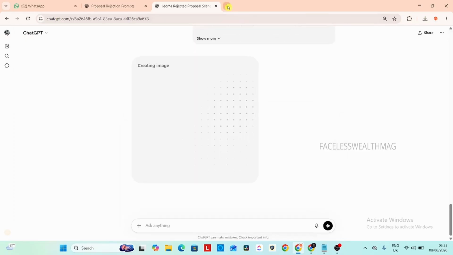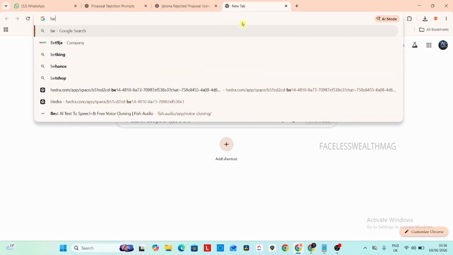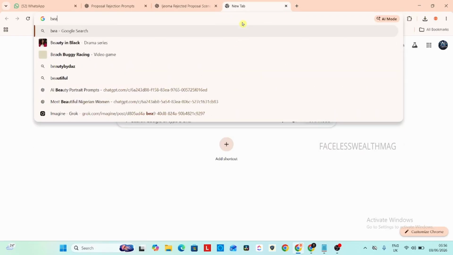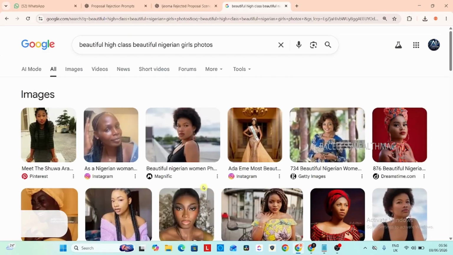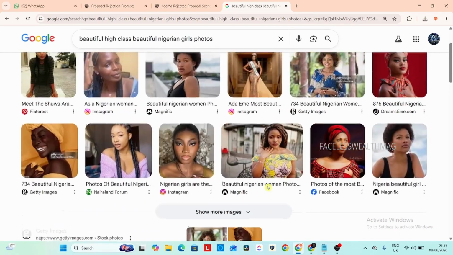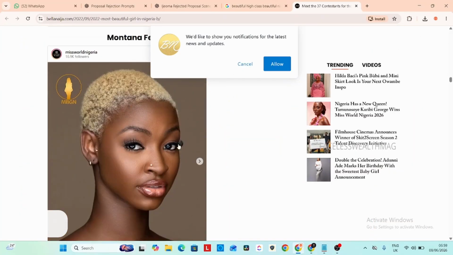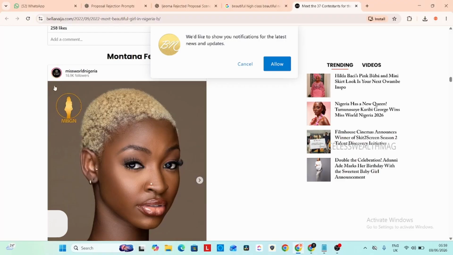So the first thing you do, you can go to your Instagram or check on the internet for any beautiful girl. Just type "beautiful girl," right? Or if you have a picture of any beautiful girl that you know. Can you see? Instagram most times has beautiful photos. I think I like this girl's facial features. Just screenshot her face